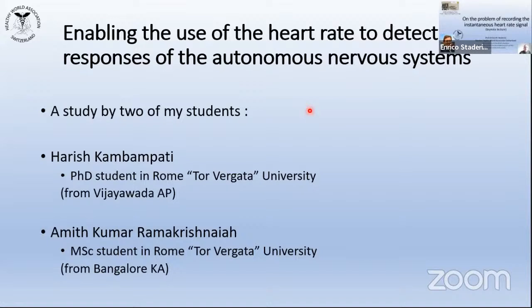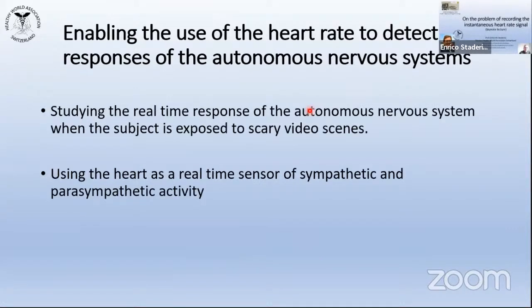What is the problem now? The autonomous nervous system acts on the heart rate. So by detecting the variation in heart rate, we can have an idea of the level of activity of the autonomous nervous system. The idea was to study the real-time response of the autonomous nervous system when the subject is exposed to scary video scenes. So to stimulate the parasympathetic and sympathetic activity, we found on the web some scary video scenes from scary films or horror films, and we